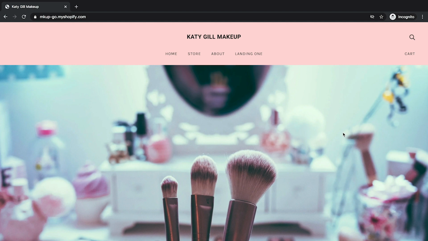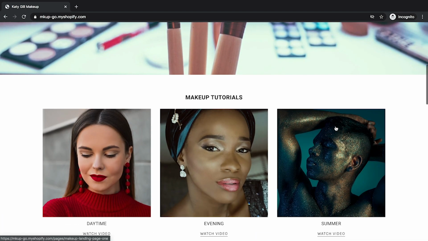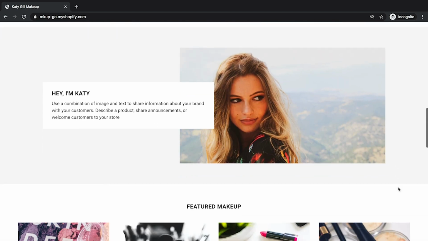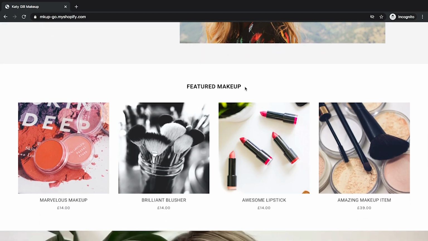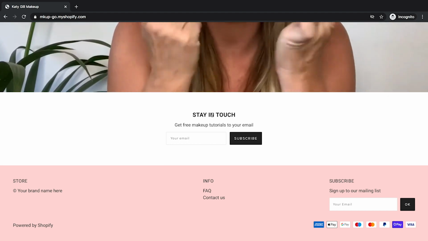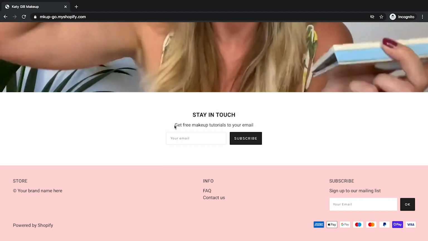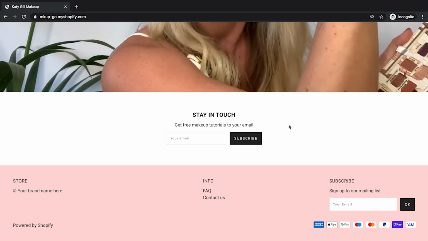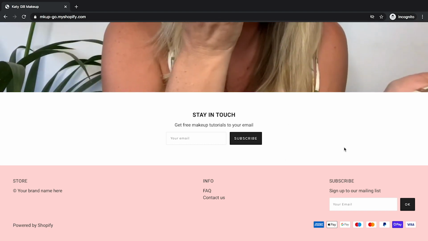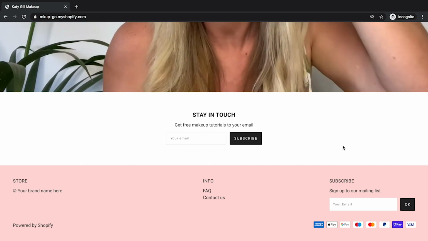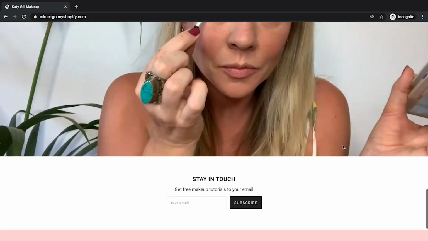It's looking great. I've made a few slight updates. I've called this one makeup tutorials, and I've given each one a slightly different name. I've called this one featured makeup. You go to collections, you change the name on there, and it will come up automatically. And I've just changed the copy of the email, stay in touch, say free, and it's very good copy. So a reason for them to sign up. Perhaps when you get someone to sign up, you'll get a confirmation email. Put something in there that could be free or a discount or anything you do, just to encourage people to sign up to your email list.